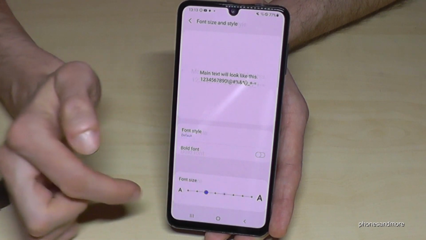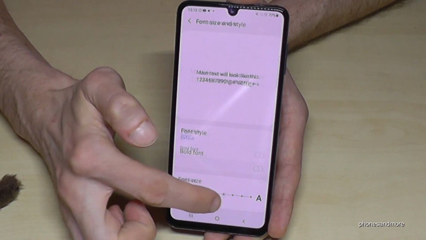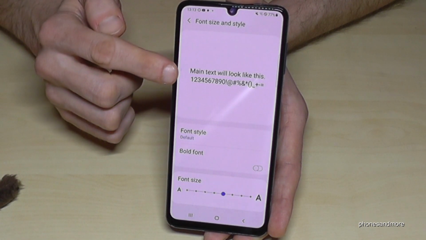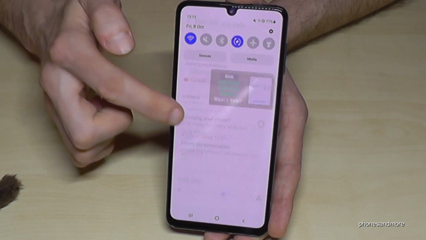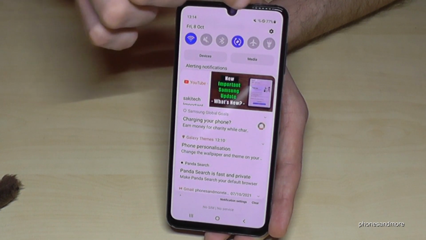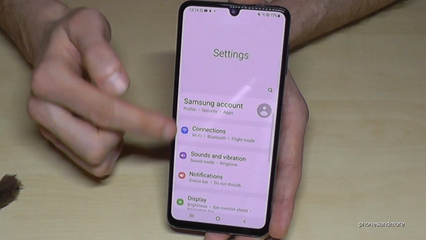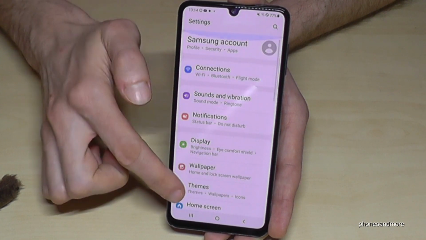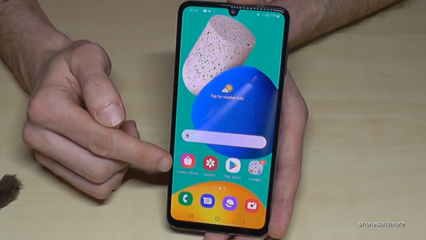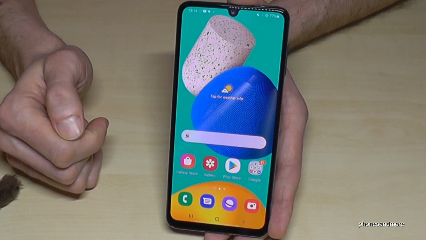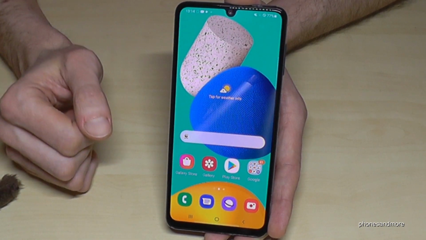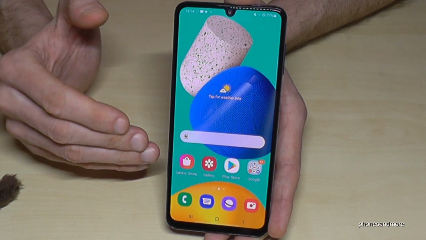It's a bit slow. Okay, now it's a bit upgraded, and that supports the notifications first. As you can see, you can read the notifications much better, as well as some other points like the settings here. Everything is now a bit bigger, and also here on the home screen, the letters are bigger. And if you say, okay, that's still not enough,